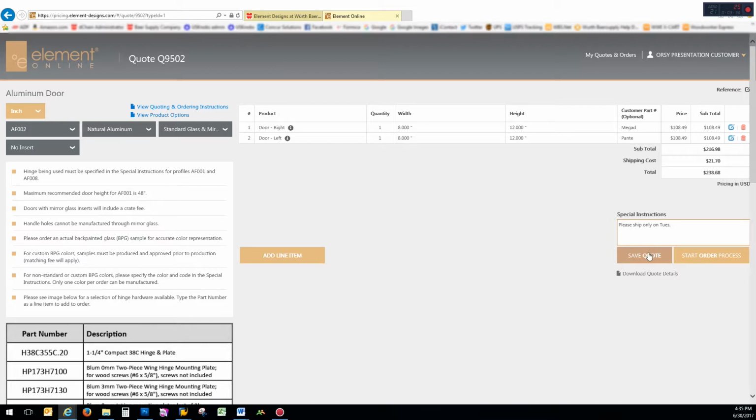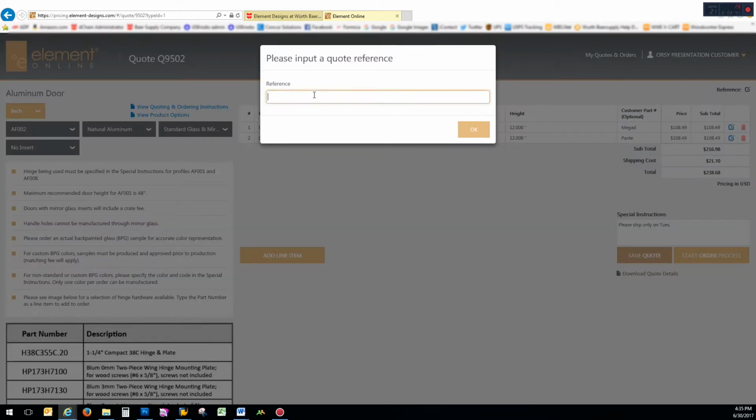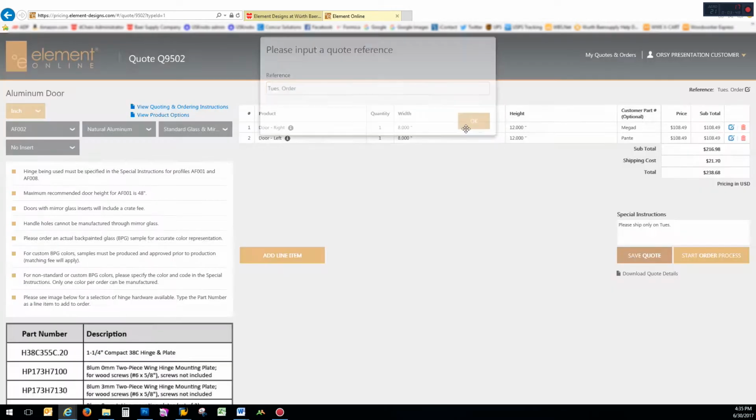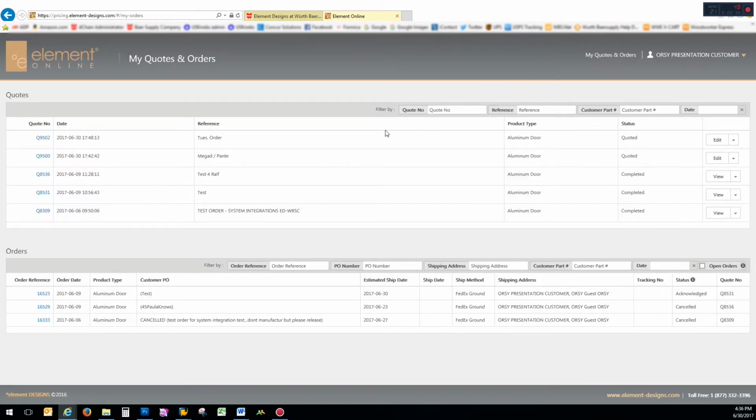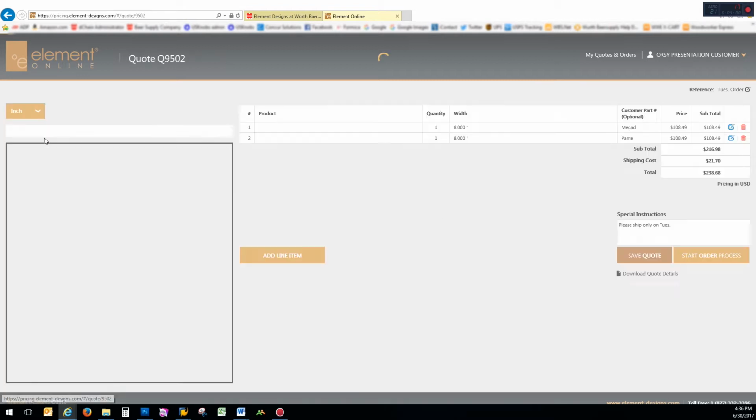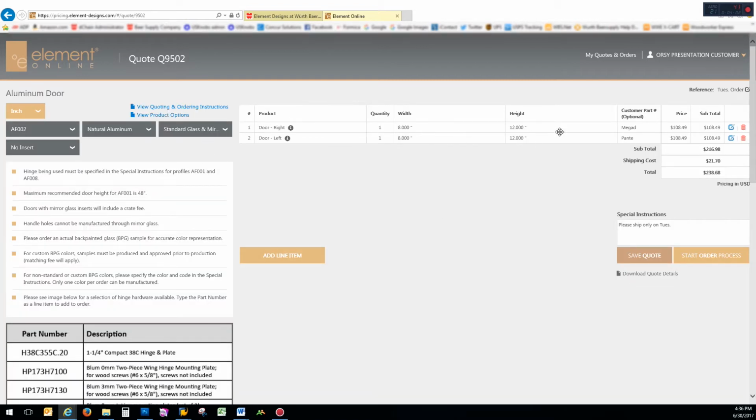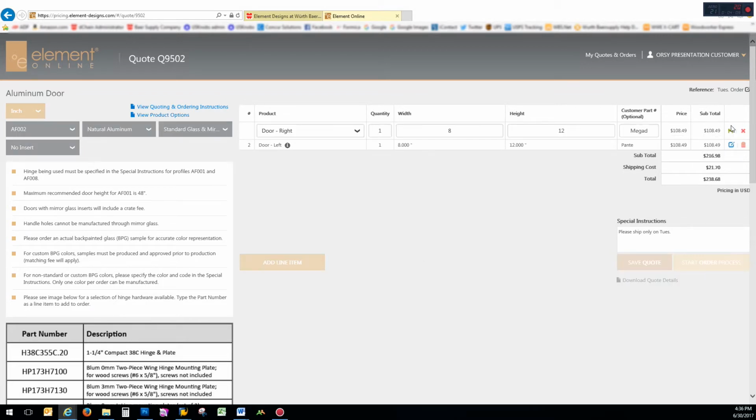We'll save the quote this time and give it a reference name. We hit OK when we're done. We see our quote has been saved. We can click under My Quotes and Orders. We can click on an order number or quote number. We can do editing at this point and add other items. Make changes in dimensions,